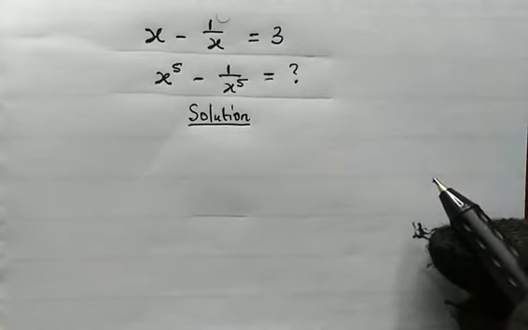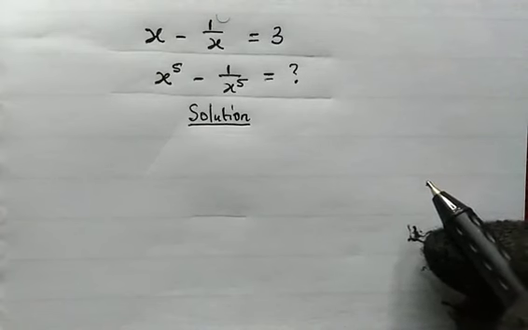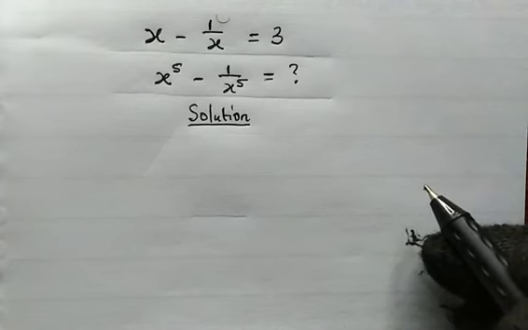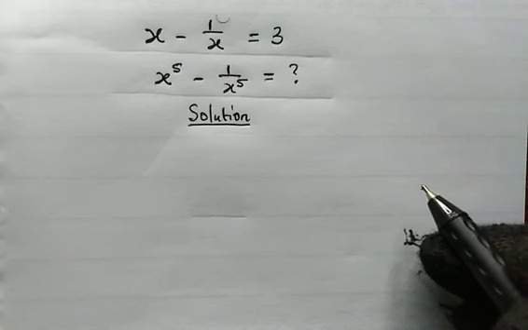Today we have a very nice algebra problem. We're given x minus 1 over x equals 3. Here we're going to evaluate the expression x to the power of 5 minus 1 over x to the power of 5. Please take note of the following because I may not explain this again in this video, and it's